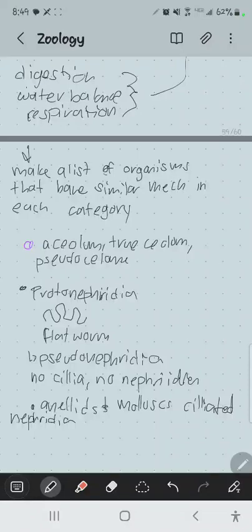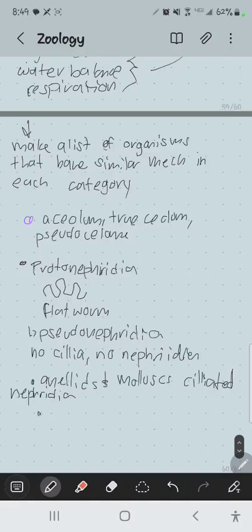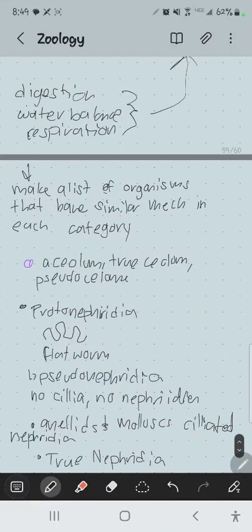Okay, any questions there? All right. I just mentioned this one: pseudocoelomate, acoelomate, true coelomate, eucoelomate. Okay,